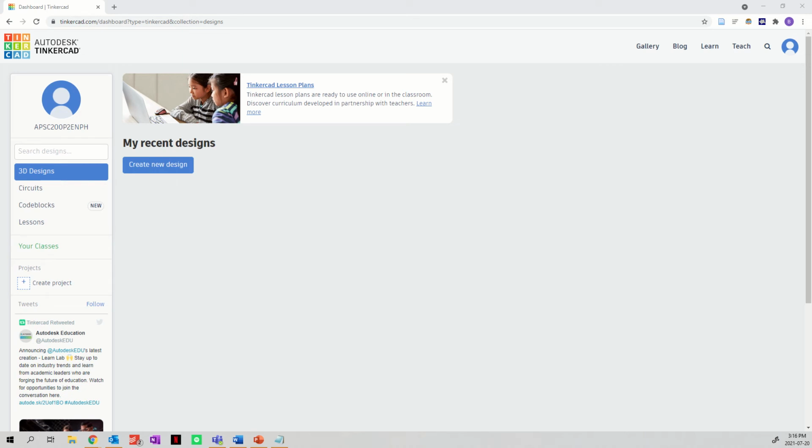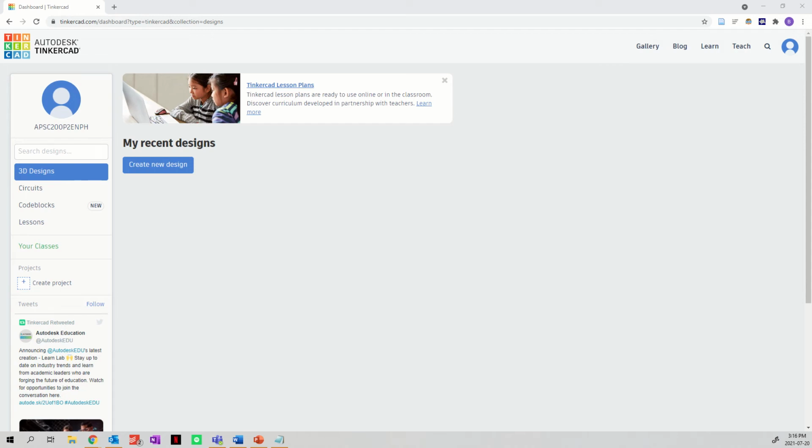First of all, what is Tinkercad? Well, Tinkercad is a lightweight web-based CAD software designed by the makers of Autodesk, and it allows you to create 3D designs and also circuits, including Arduino simulations, on a web-based free platform. So today I'll be going over the basics of how to create circuits, manipulate components, and then share your designs